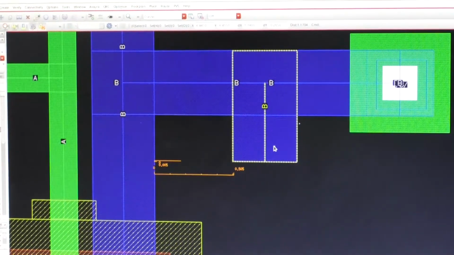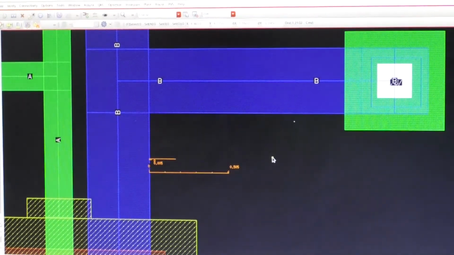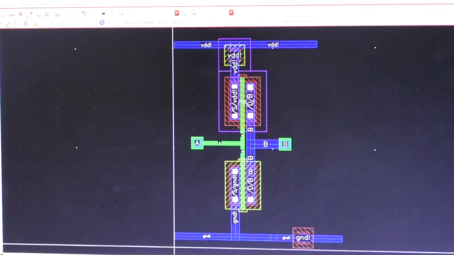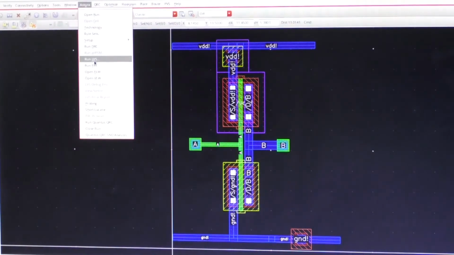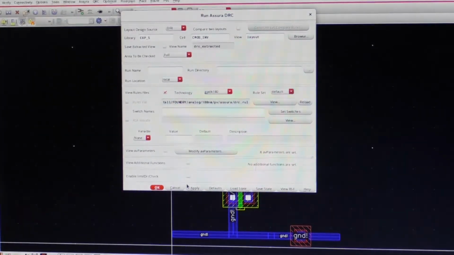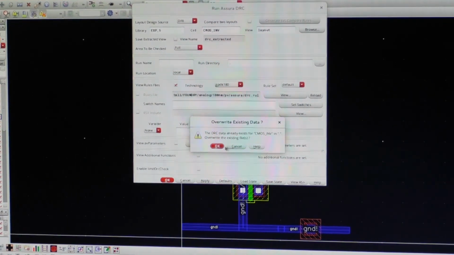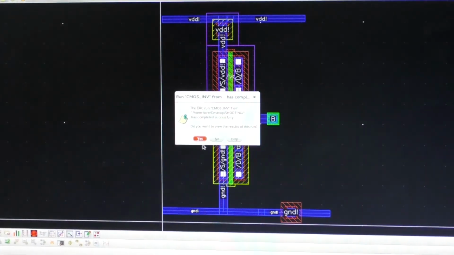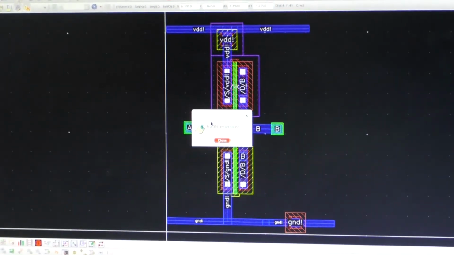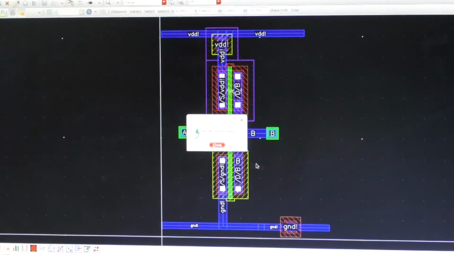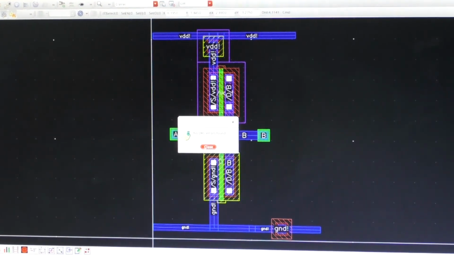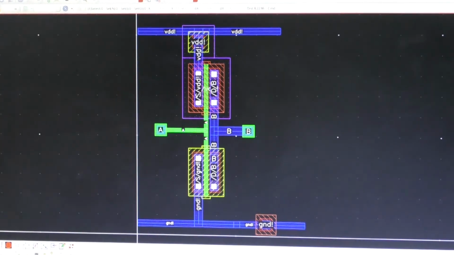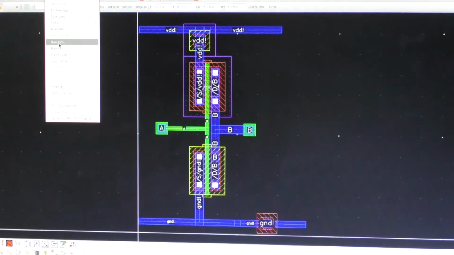See, in this way we have to do our circuit. This is the actual circuit, and now the circuit has met all the design rule constraints. Now let us do the other step, that is the layout versus schematic. That means now we are going to verify that the actual layout consists of all the components that are included in the schematic design. There are no DRC errors. Now let us do the same, that means layout versus schematic, run